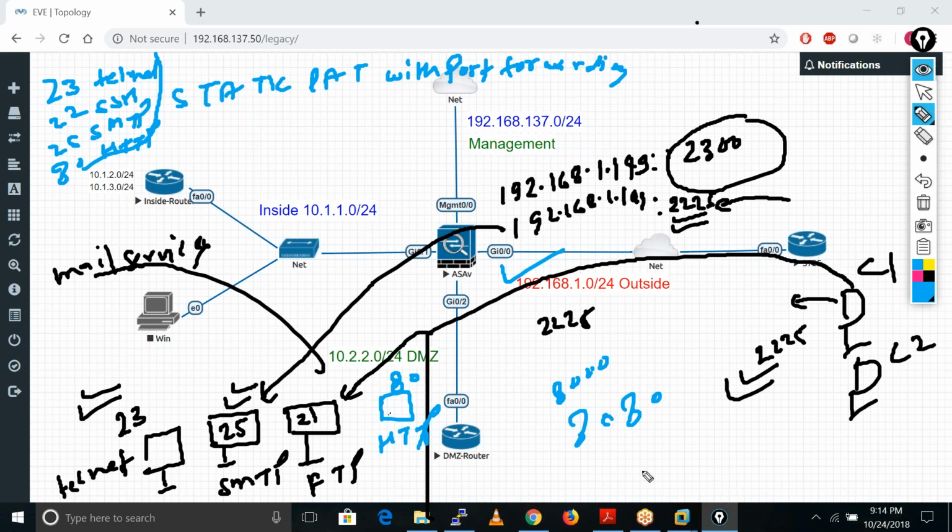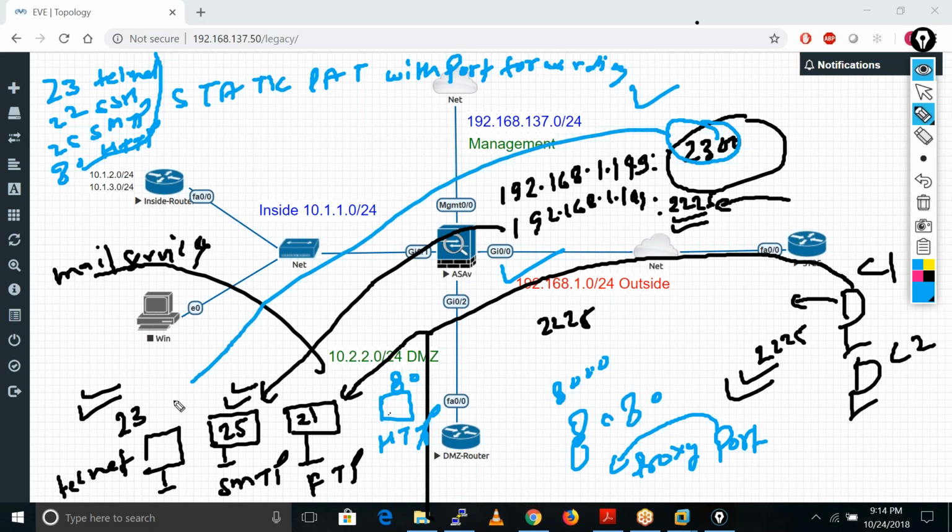This is also known as a port proxy or port forwarding. We are just forwarding the port. If we receive the request on port number 23000, we are forwarding it on to 23.